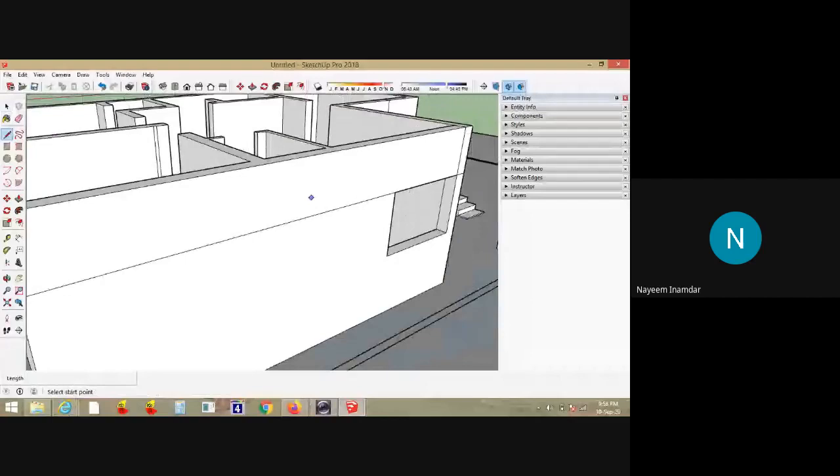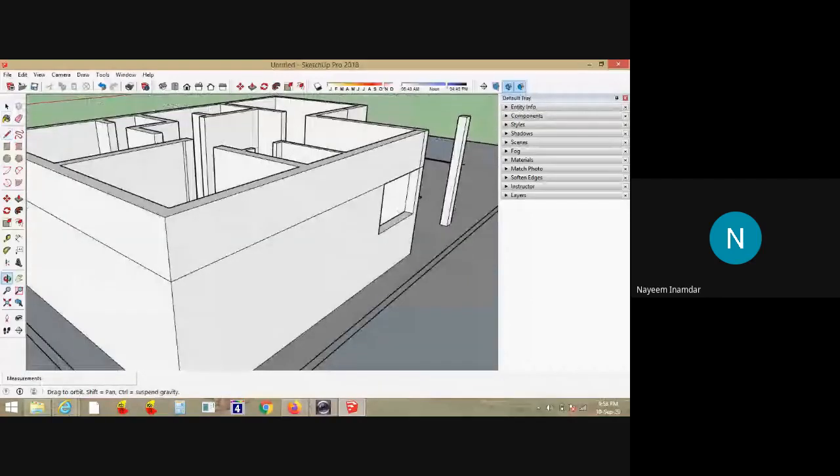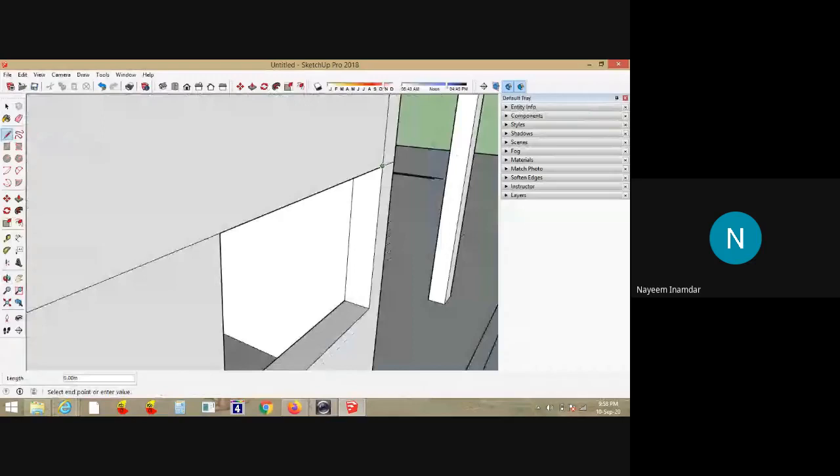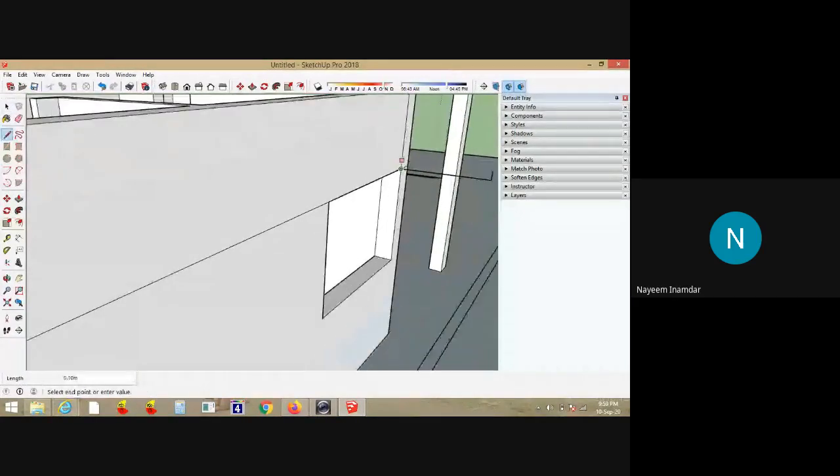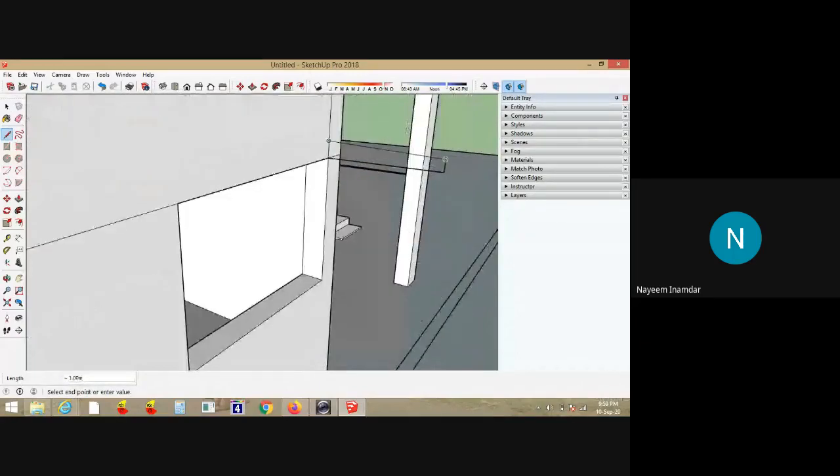If you are having a sunshade, I'll take this example. I have already created a window here. Suppose I would like to have a sun shadow or rain shadow for this one, that is chajja. I'll draw it 1 meter wide, and the depth is 0.1 meter at the outer edge and 0.15 meter at the wall side. I'll just draw this line.